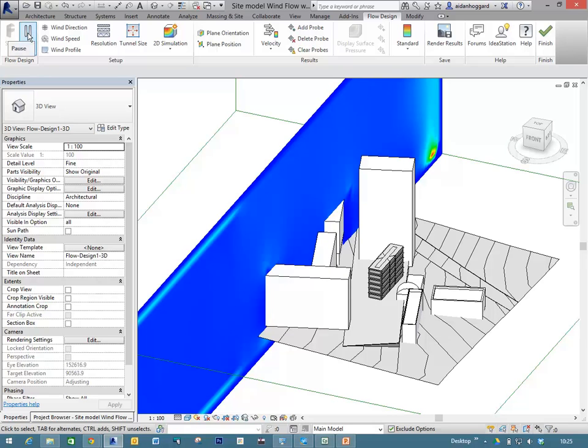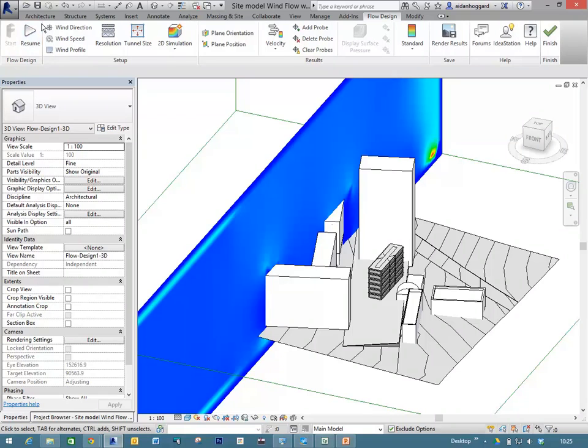Okay, I'm just going to pause. Top left here, I'm just going to pause that simulation for now, because every time you change a setting, it will be re-simulating the wind, and that will just slow us down. Okay, so we've got wind direction, wind speed, wind profile, and the resolution, so how detailed it is simulating the wind flow,